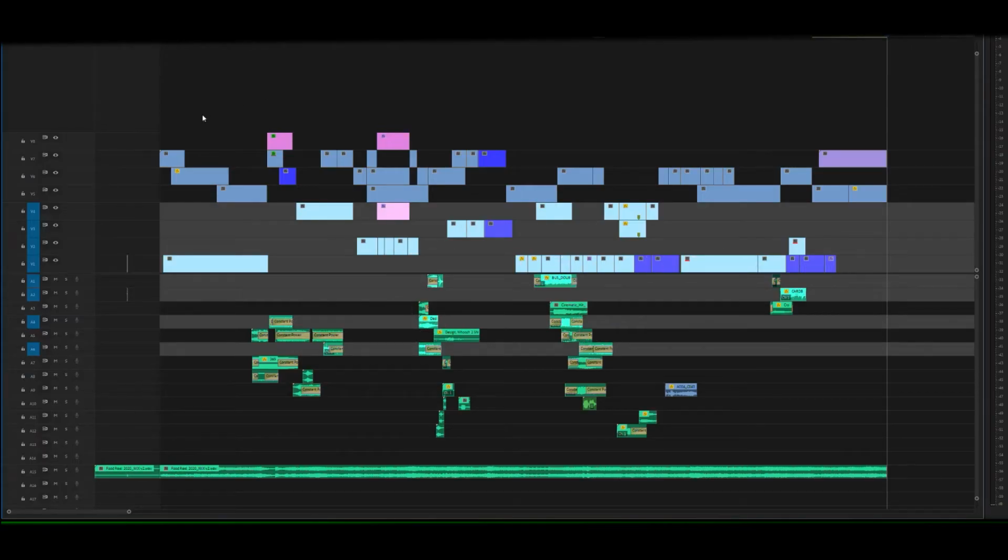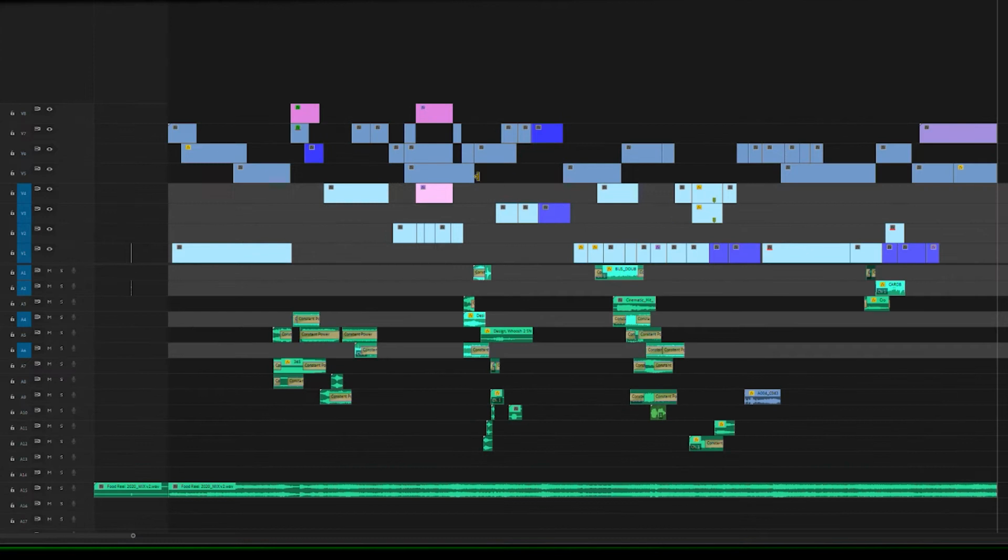Okay, so what we have here is a pretty classic example of timeline sprawl, the goal being to get it all flattened down and nice and neat looking. This is all well and good while I'm working, but once it's time to move into color and audio and finishing, I like to have a version of my timeline that's nice and flat and clean. So I typically would save a copy of this, just in case I make any mistakes,